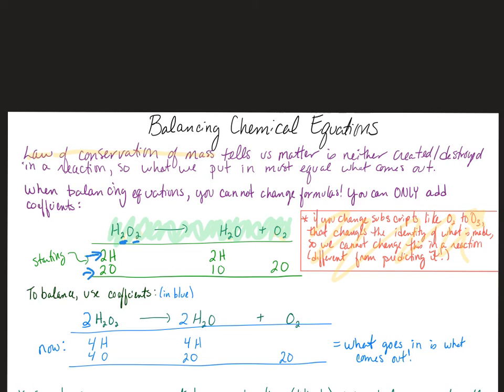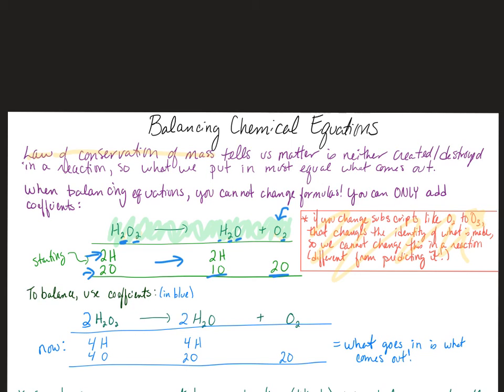And then I've got to take into account what's over on the other side. So over here we have 2 hydrogen and 1 oxygen in this water. And then we also have another 2 oxygen over here. I didn't put this down anywhere, but here's a little secret. If you've got something that's just by itself, like O2 there, deal with him last. Worry about him last, because he's the easiest thing to do, because he's not combined with any other atoms to make these formulas. So what we need to find is some type of coefficient that will allow one side